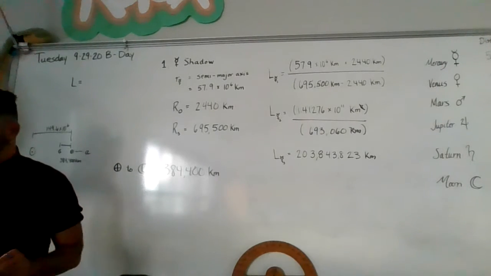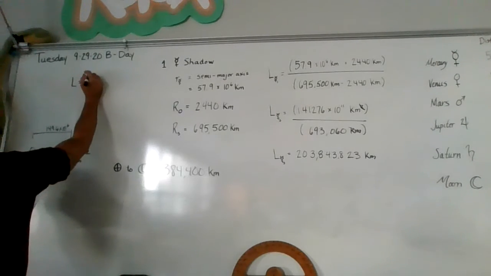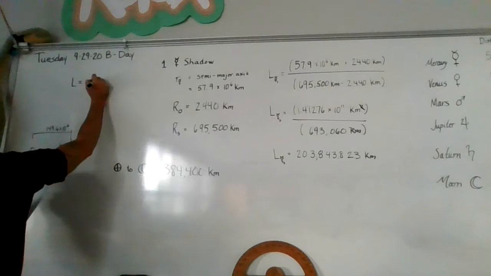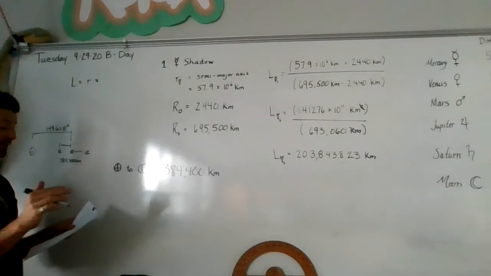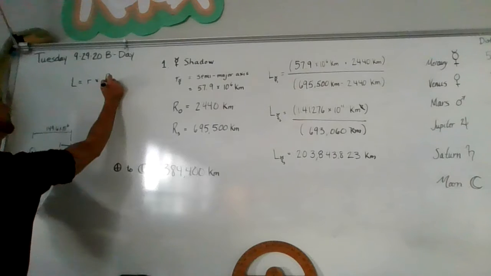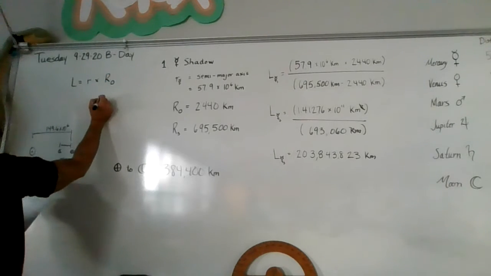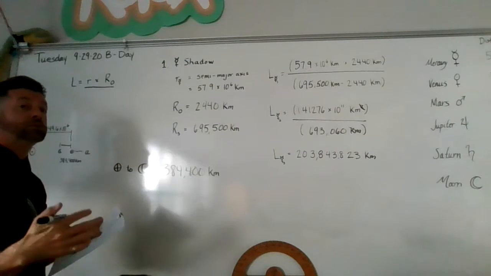L is the length of the shadow times R, the distance of the body casting the shadow from the light source, times the radius of the body casting the shadow, the occluding body,